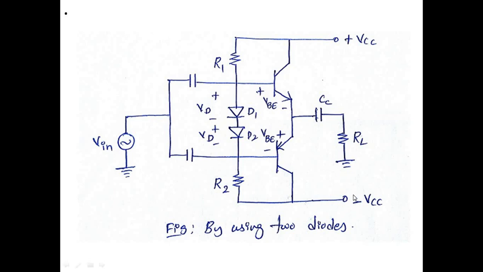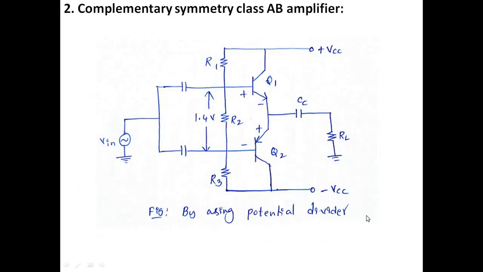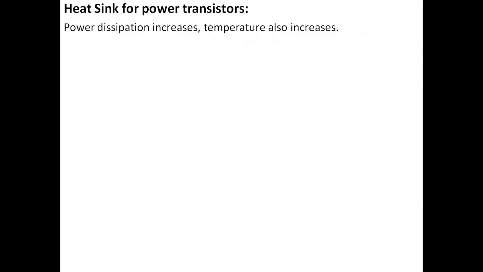But in this case, you need two power supplies. Here also you need two power supplies. We have already gone through this method, complementary symmetry. Because of using two complementary transistors, one an NPN and another a PNP transistor, there is a requirement of two supplies, one plus VCC and another minus VCC. That is the concept of what is meant by class AB. This class AB has been derived in order to avoid the crossover distortion. That's why class AB has come into the picture.